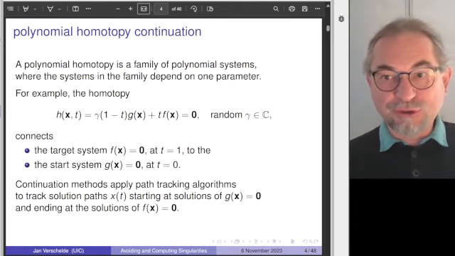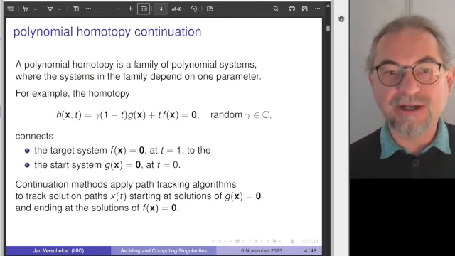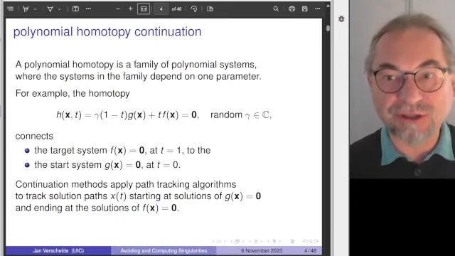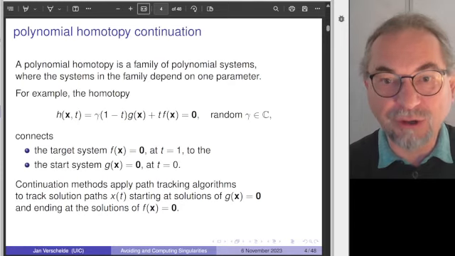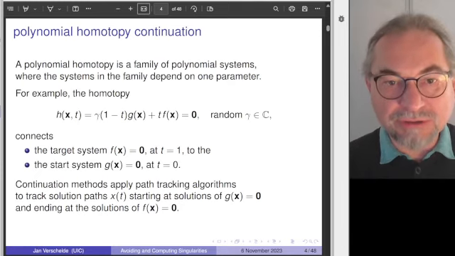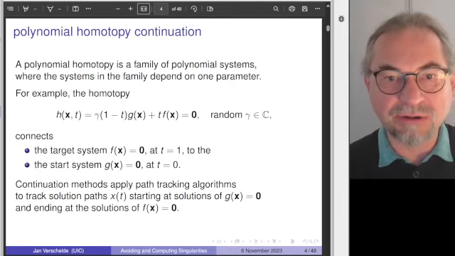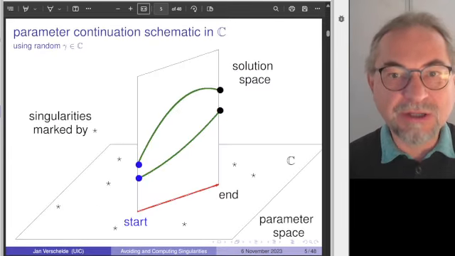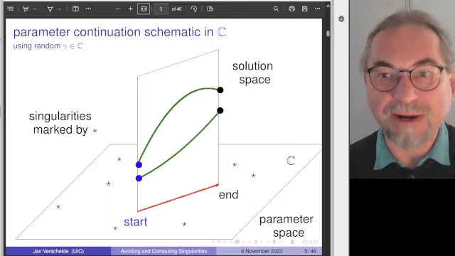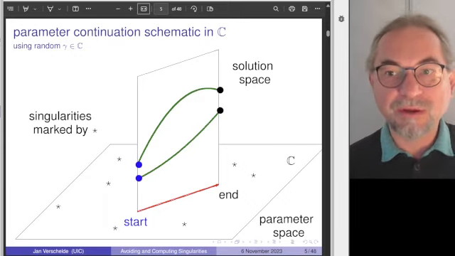So the system is called G, letter G for good. So all start solutions, or at least the solutions we want to start at, should not be singular. So there is this random constant gamma. If everything should be real, we would still work with complex arithmetic. So that is important. The next picture here illustrates the schematic of parameter polynomial continuation,